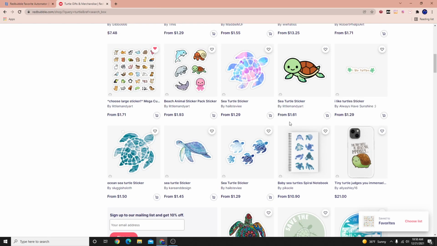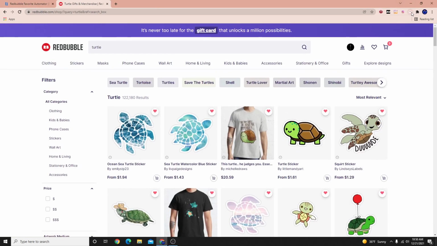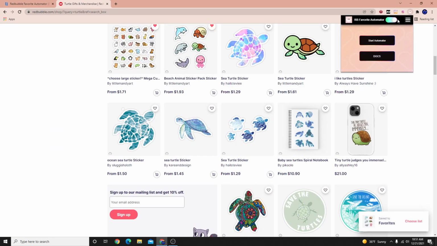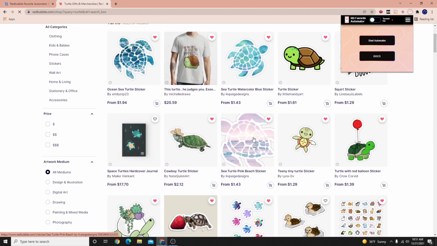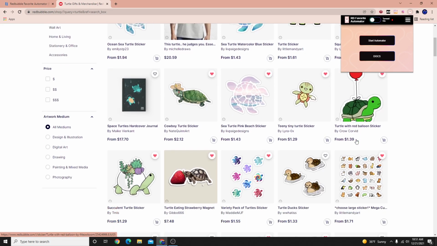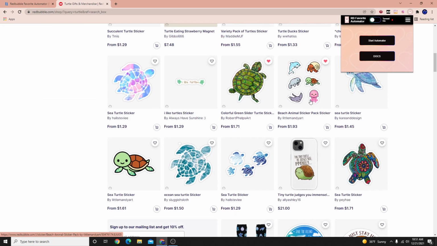So when they created this tool, from what I know, let me go ahead and stop this tool for a second because I want to do other stuff with it. So far, it favorited a lot of people's work. So you guys could see here how many people it's favorited. But